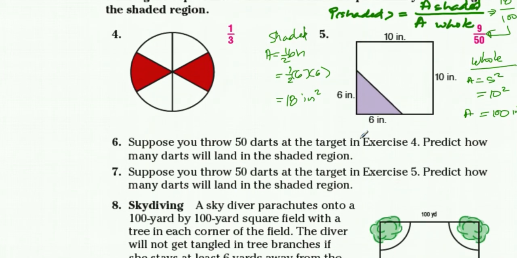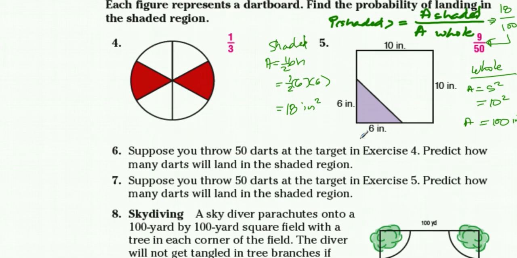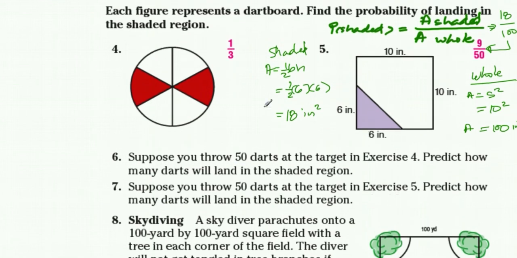Okay. Suppose you threw 50 darts at the target in exercise 4. Predict how many darts will land in the shaded region. So all you need to do is get 1/3 for number 6. This is number 6. 1/3 times 50 over 1. So this becomes 50 over 3. Okay, and that is roughly